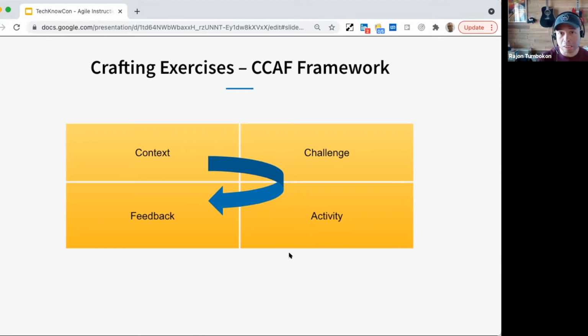So CCAF stands for Context, Challenge, Activity, and Feedback. And each of these are the prime elements that an activity should have. An activity should have context. So context is where or when new skills will be applied. Challenges are actually what creates a sense of urgency for your learner to actually develop and perform better.